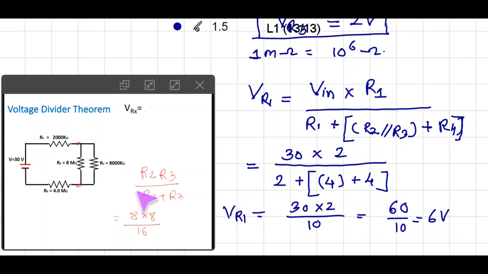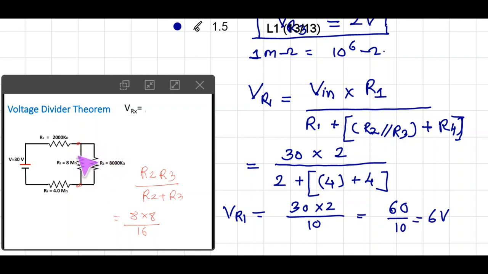So this way you can calculate. Similarly, you can calculate the voltage across R2 and R3 also. But remember that the voltage across parallel resistances is always the same. That means whatever the voltage across R2 is, it is exactly equal to R3. So in order to calculate the voltage across R3 or R2, you have to consider first